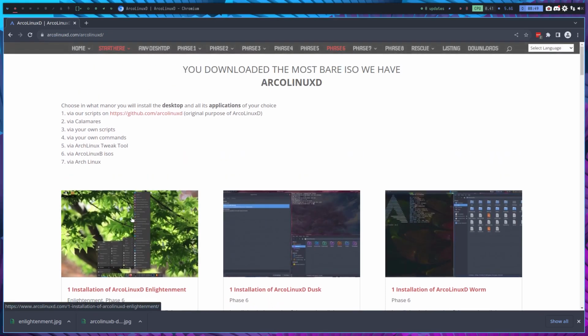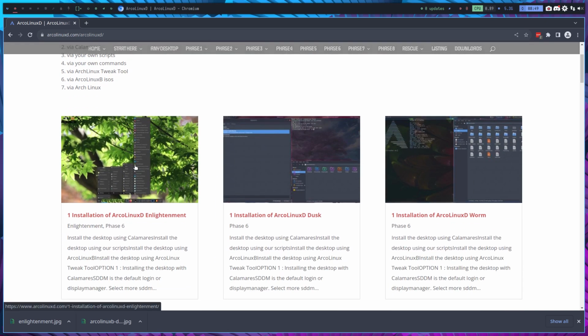We are going to work with the ArcoLinux D ISO. And the D ISO, the D also stands for desktops. On the website ArcoLinuxD.com, you'll find all the information about several desktops. Now, the one we need to create is the ArcoLinux D Enlightenment. So it's a desktop that you can install through Calamares,